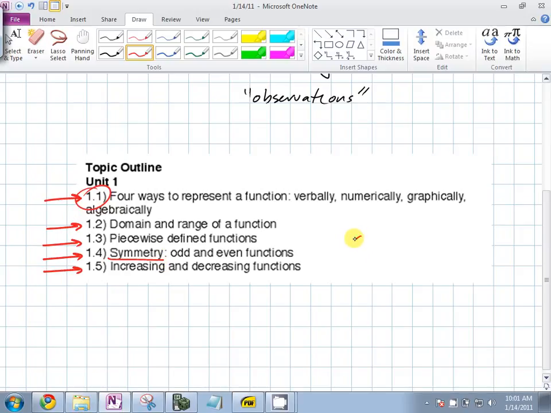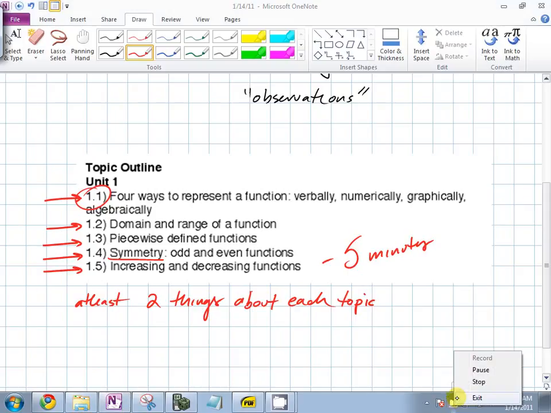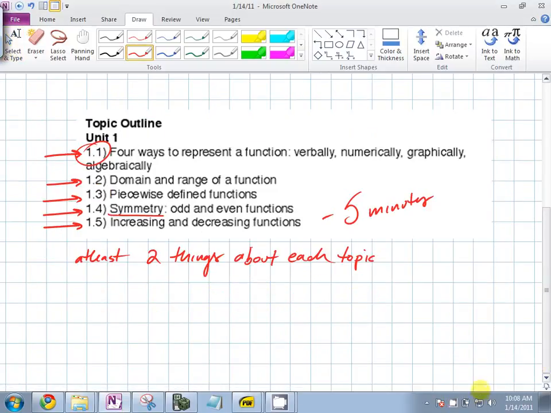You're going to take 5 minutes, and on your own, so take out a piece of paper, you're going to write at least 2 things that you know about each topic. So you're going to do that right now. Spend 5 minutes, write down at least 2 concrete things you know about each topic. So, with regards to 1.1 here,